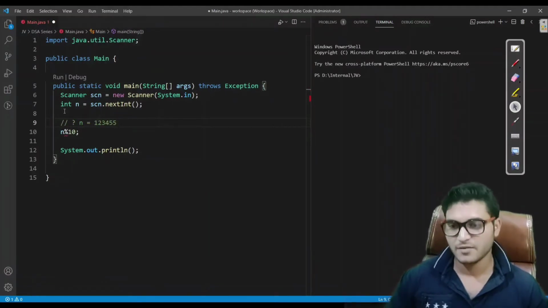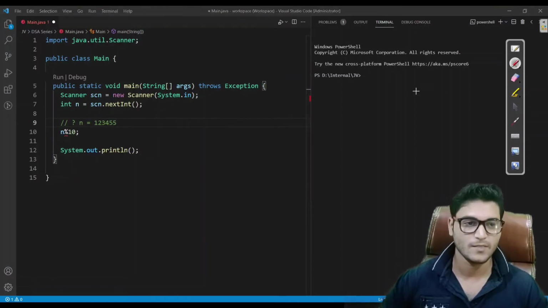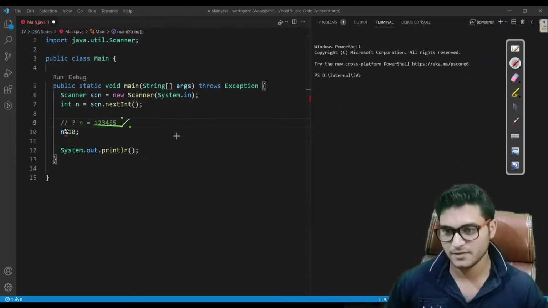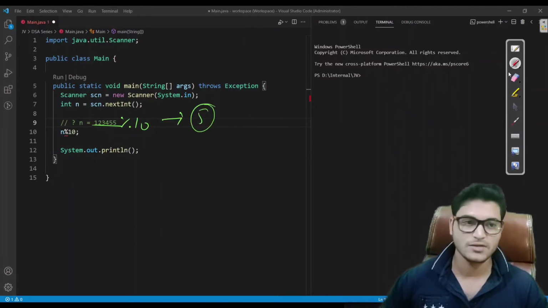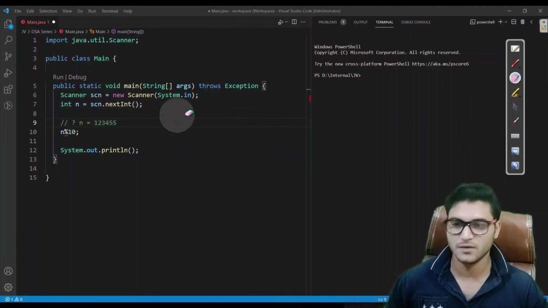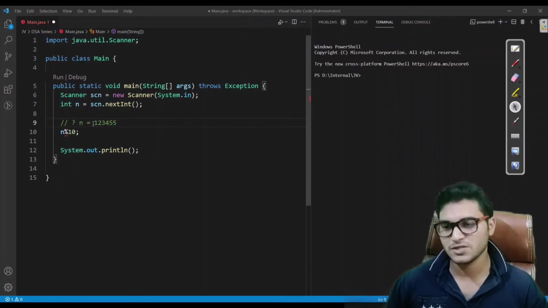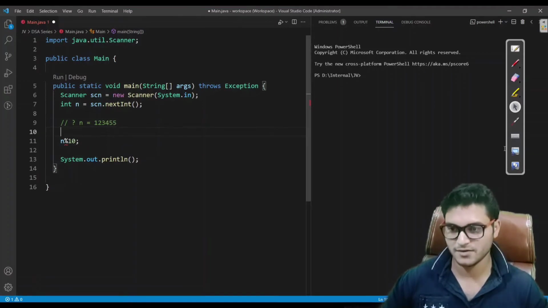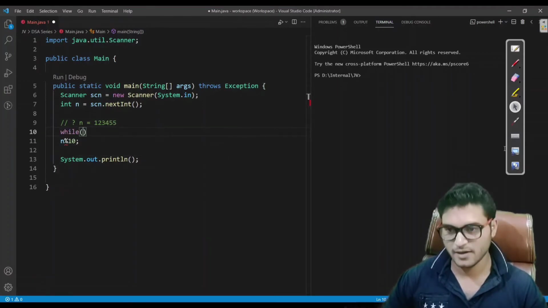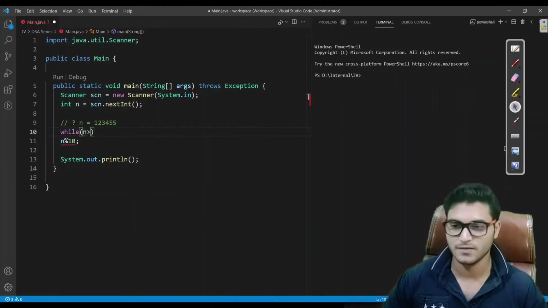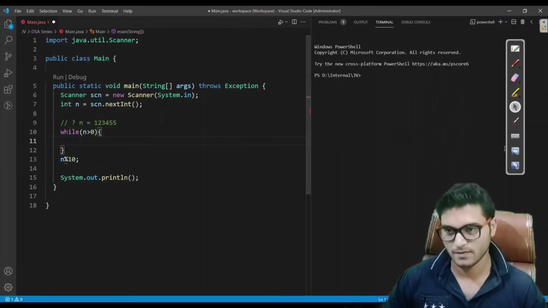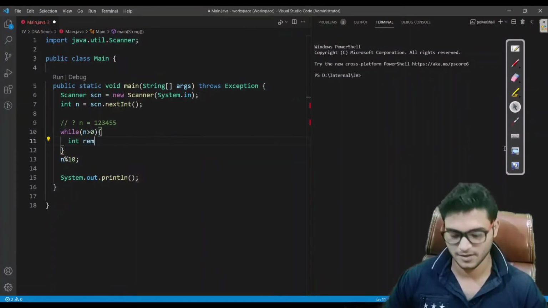If I take the remainder of this by 10, we would get 5. That is the logic I want to use in this program. We will do this process till the number is reduced to 0. So while n, which is our number, is greater than 0, we'll take the remainder. Let's say this is remainder.